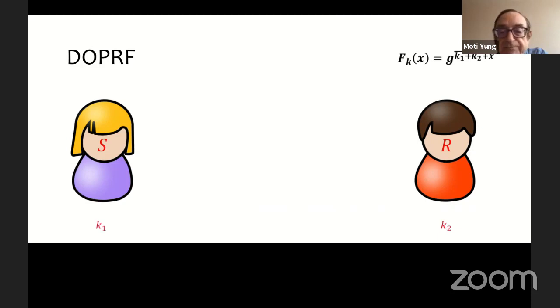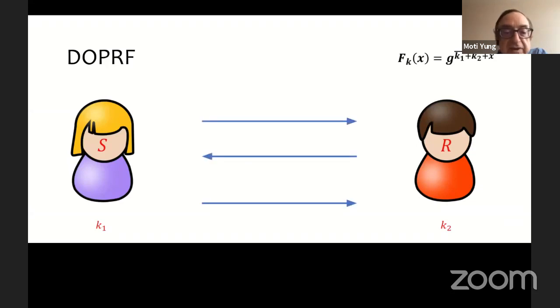In particular, the parties have to come up with and commit to their keys, K1 and K2. Then they have to perform the evaluation of the function, computing elements of R here on the right side.